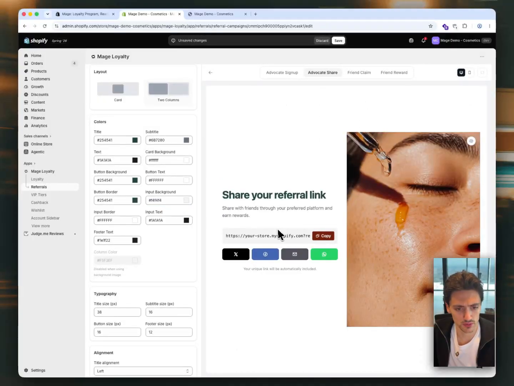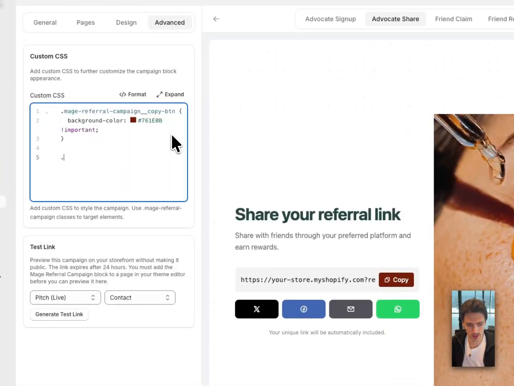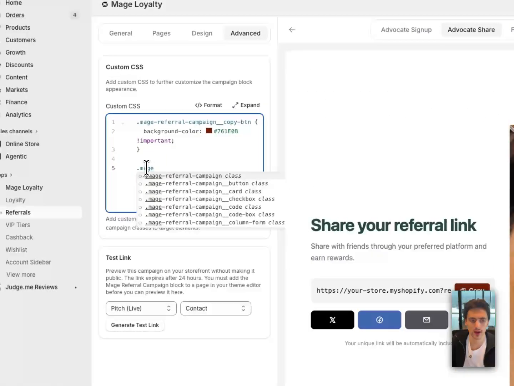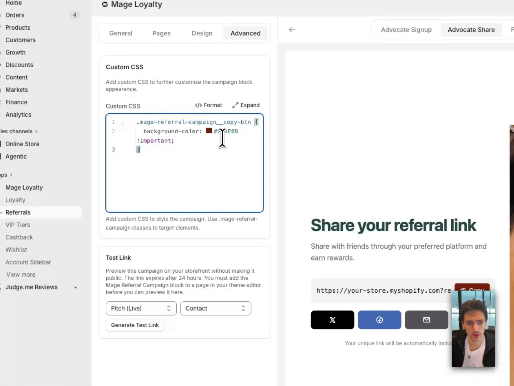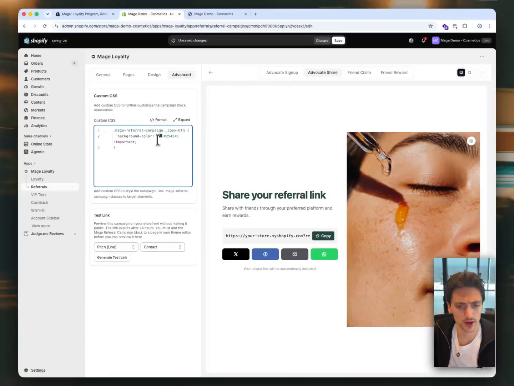So now that you've designed your referral campaign, you can click through all of the different views. I can see here I've just missed one of the buttons here, which I think is done with CSS. So again, this is a good opportunity to explain that if you do want to write custom CSS to design your referral campaign and you don't want to use the no-code tool, you can do it here directly with CSS. Some people like to have a bit more control. So I'll just change this color here to that green color so that it matches, and then I'll hit save